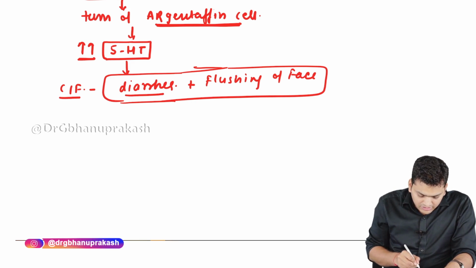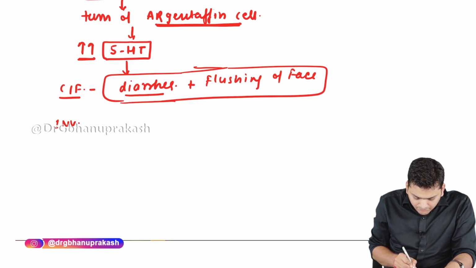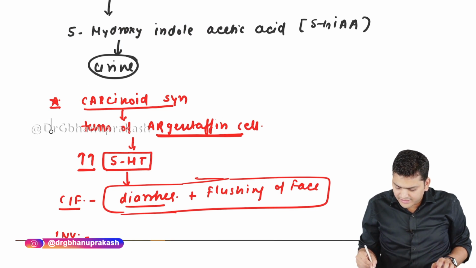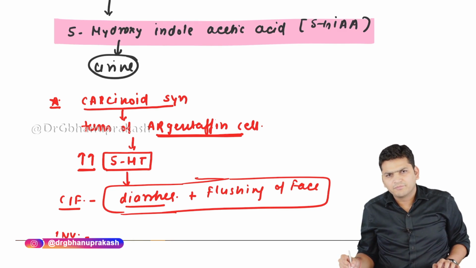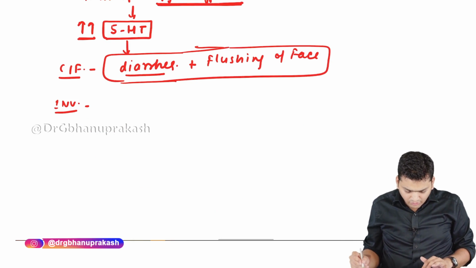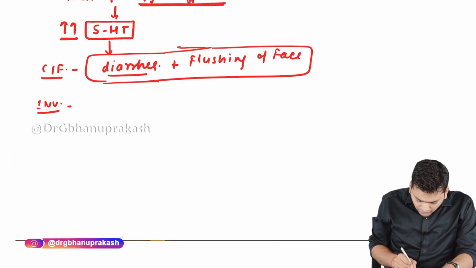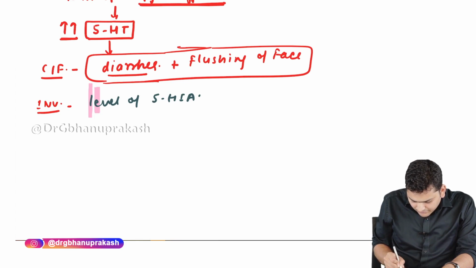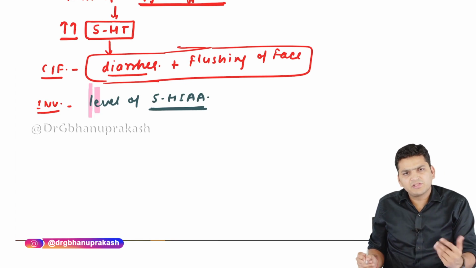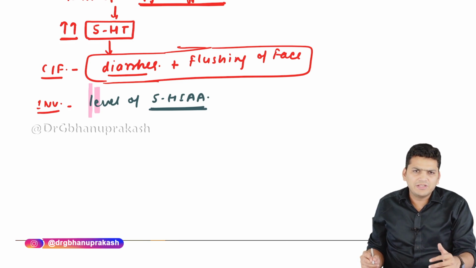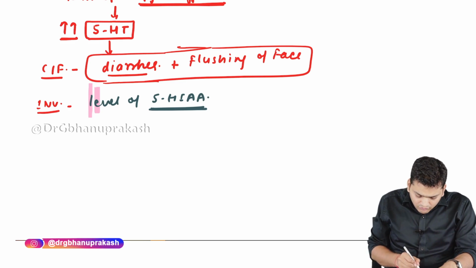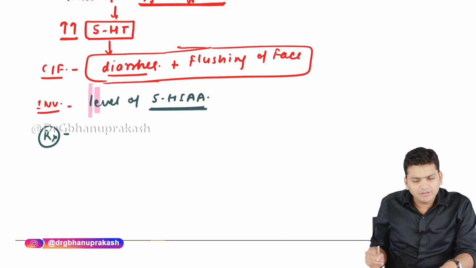And once you suspect carcinoid, how to investigate this patient? We know that the excess amount of serotonin is going to convert into 5-hydroxyindole acetic acid, and that is going to be present in the urine, right? So if you are suspecting carcinoid, you need to check the level of 5-hydroxyindole acetic acid. For screening, we will check in the urine, and for confirmation, we will check that in the plasma. Let's say these levels are high. It is time for the treatment. So how to treat the patient?